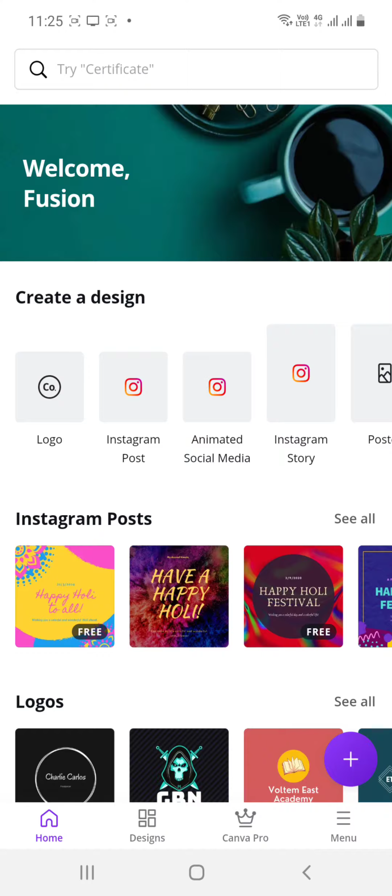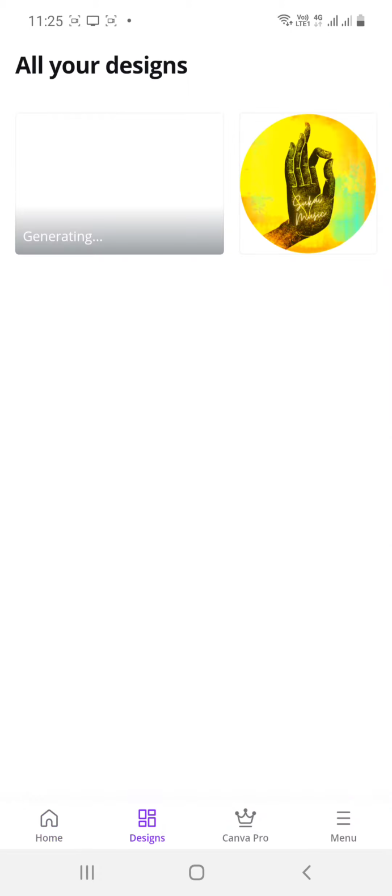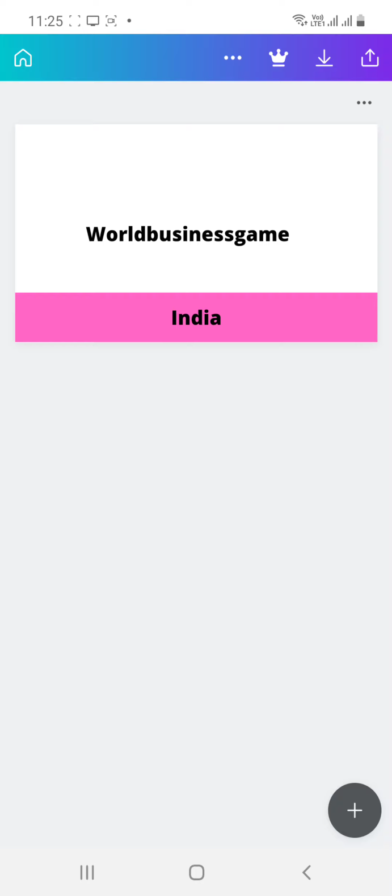So basically, if you have made any design and closed Canva, Canva makes a copy in the Canva documents. Where does it come? See, on the bottom side it's Home, and next to it Design. We'll go to Design. Okay, now on the left side our recent design is being generated. We'll click over here and see, that's our last